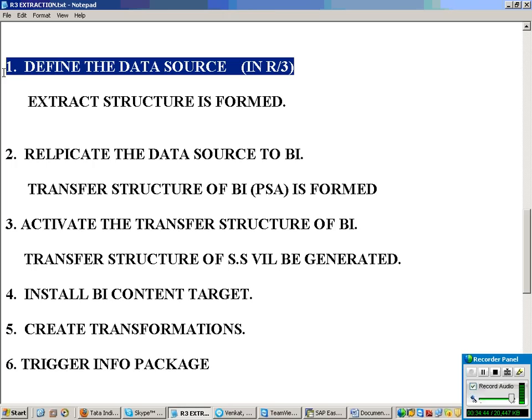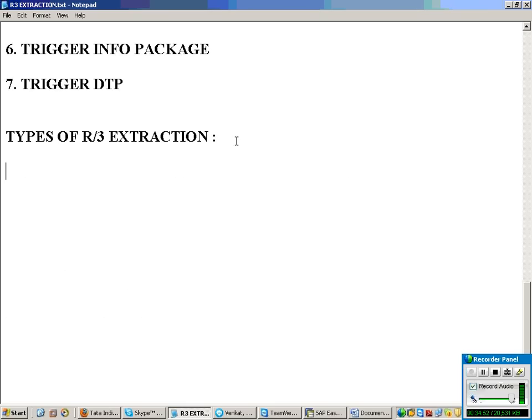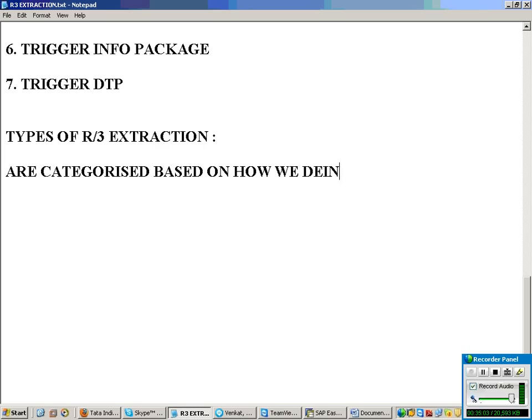But when I say the types of R3 extraction, they are categorized based on how we define the data source.